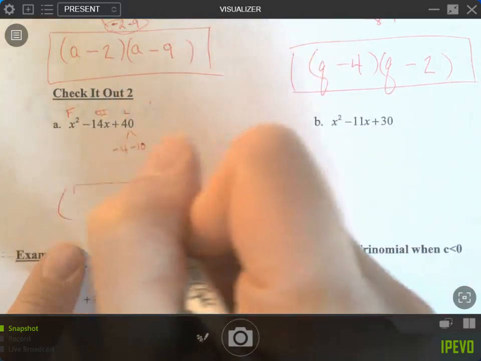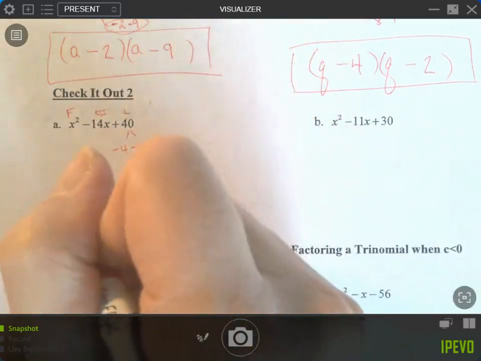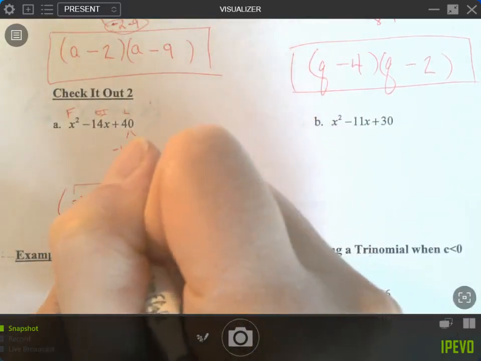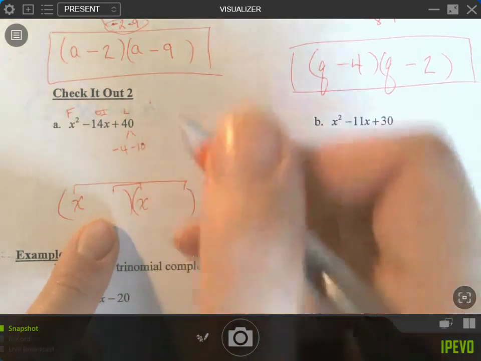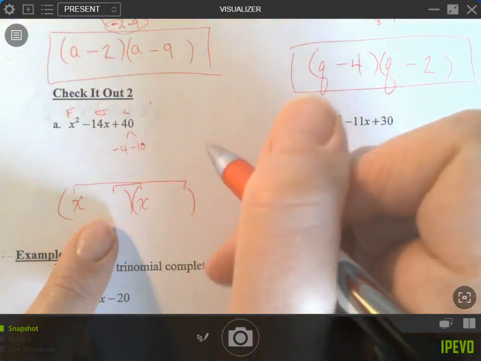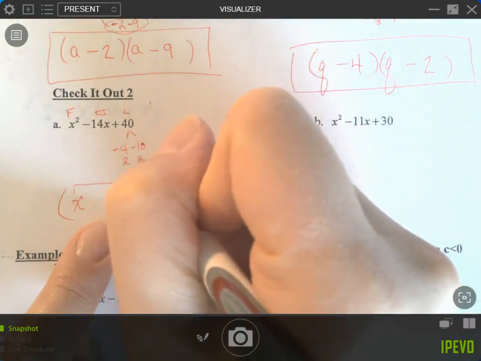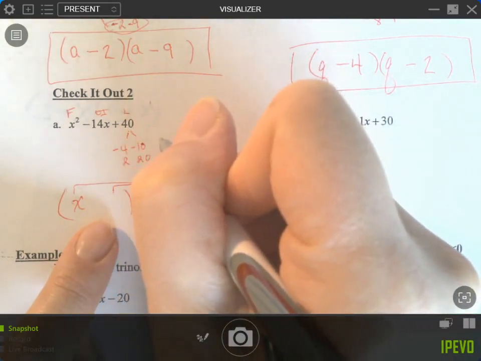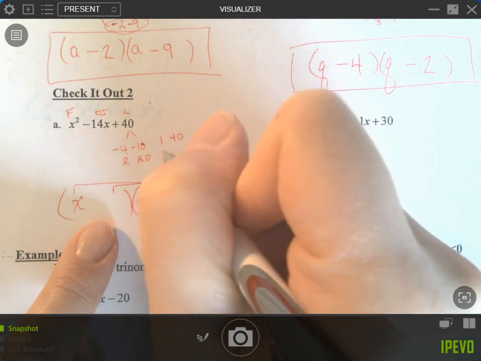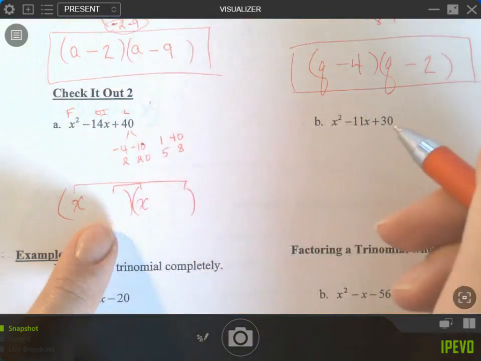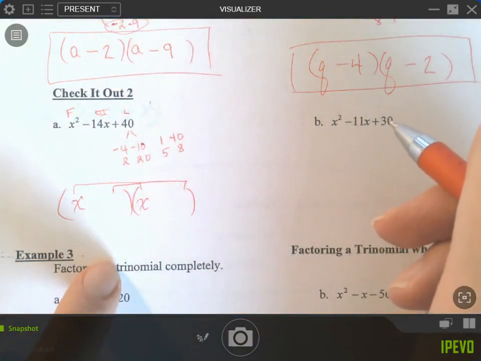And I'm trying to drop the first times first to get x squared, so x times x. I'm going to try to drop the 2 numbers here that go last to make 40. So we were talking about 4 and 10. I also have other numbers, 2 and 20, 1 and 40, 5 and 8. Did I miss anything? The negative 4 and negative 10 will work because they, yes,